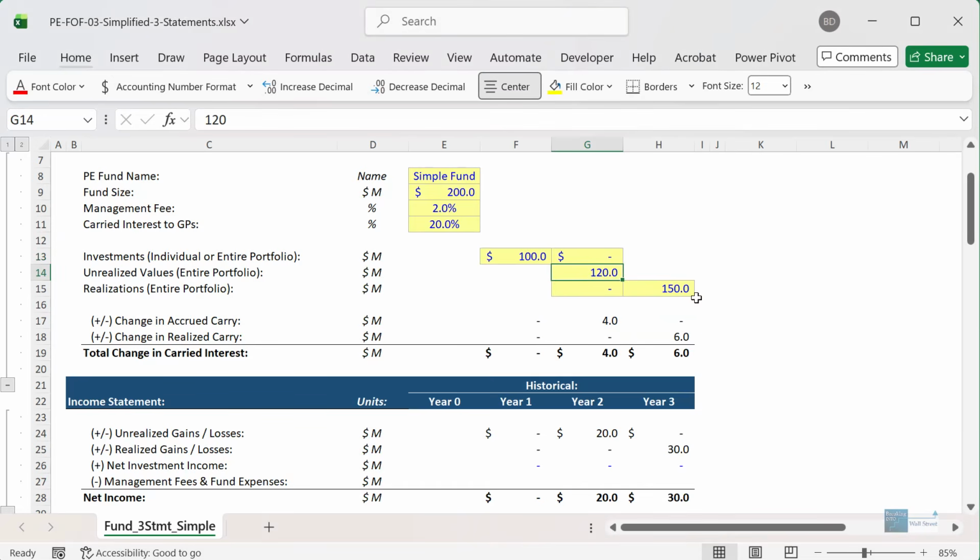So if this falls to 90 million, then yes, we can have the change in accrued carry here turn negative. But it doesn't really make sense for the realized carry here to turn negative if we somehow sell these companies at a loss. It would simply be 0 in that case. So there would be some more error checking in real life, but I think you get the basic idea